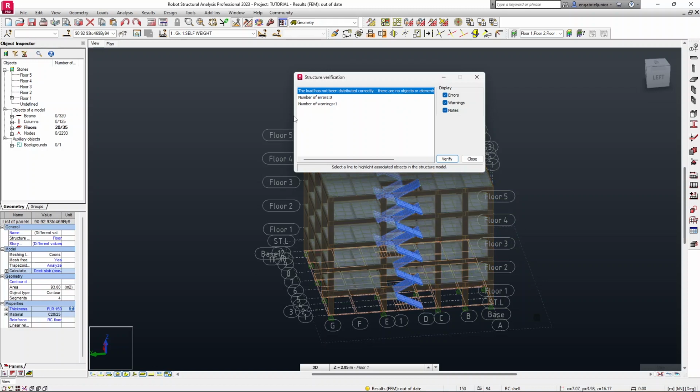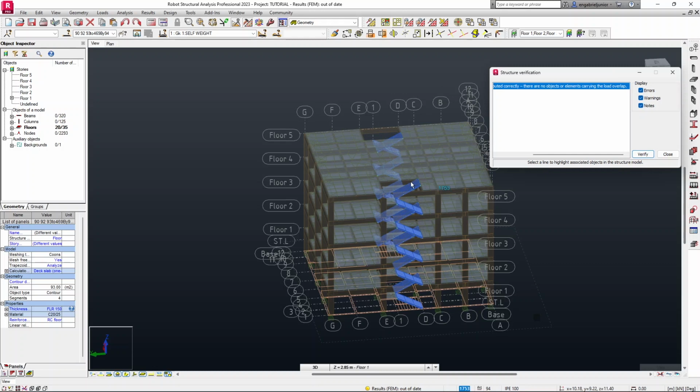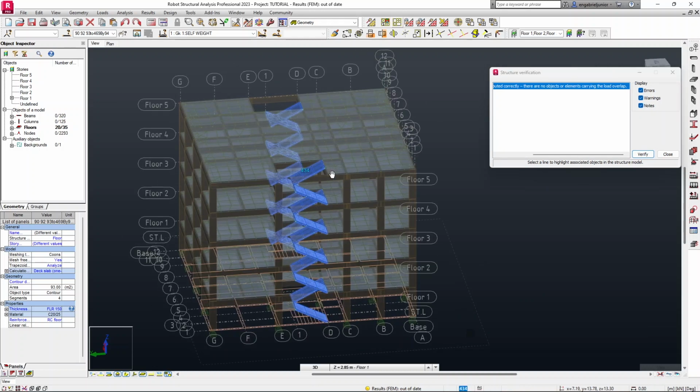So as you can see here, the load has not been distributed correctly. There are no object elements carrying the load overlap. That is for the staircase. That might mean that we need to change the calculation model for the staircase. So once you select either of the errors, as you can see here, it will highlight the objects that are affected. So once we've selected them, we just go to the point calculation model,